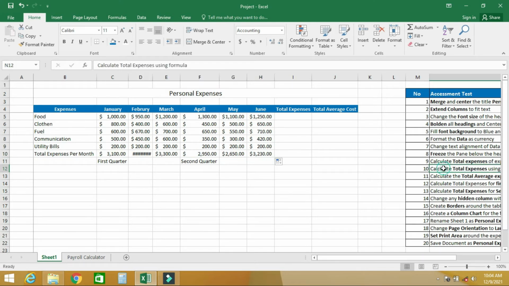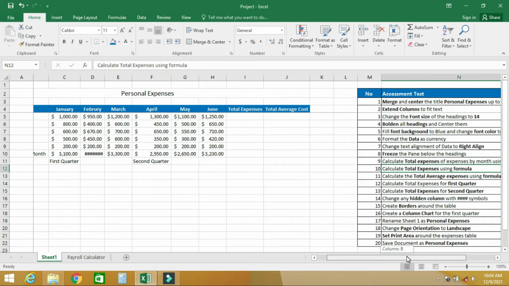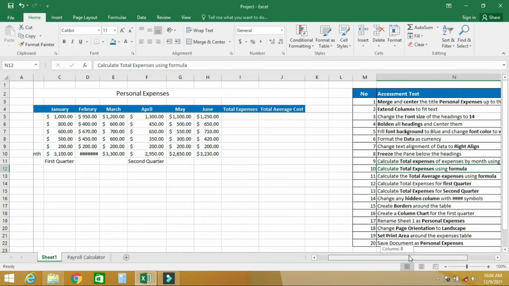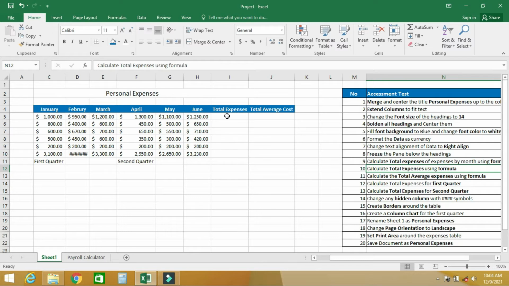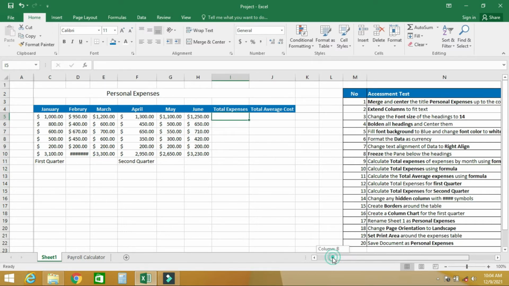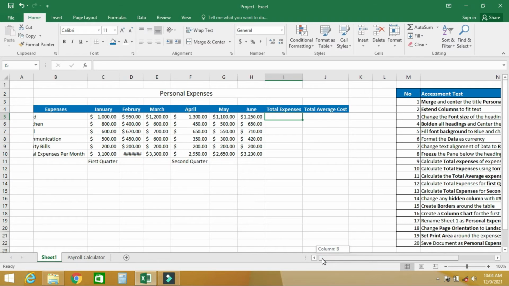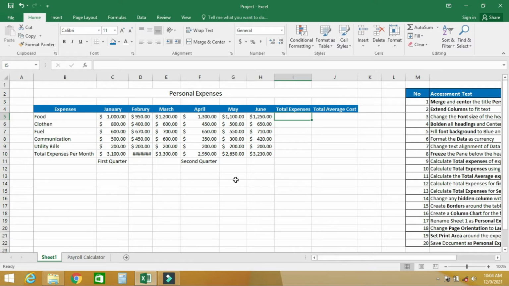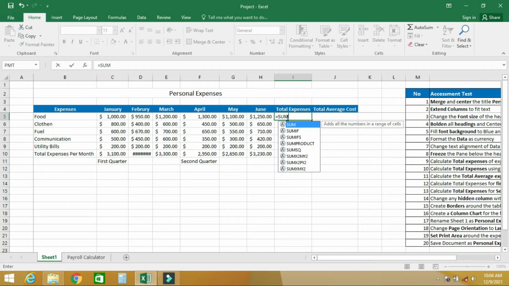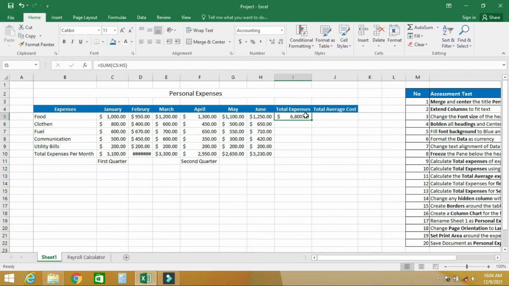Okay, so question 9 says calculate total expenses using formula. So this is the total expenses. So we can implement a similar method to what we used for the total expenses by month. You just type equal to sum into brackets, you select the range, you press enter, then you see that it will calculate for you. So you just drag down to apply to the rest of the records. All right,